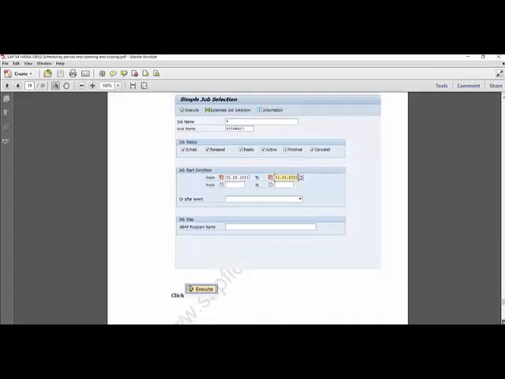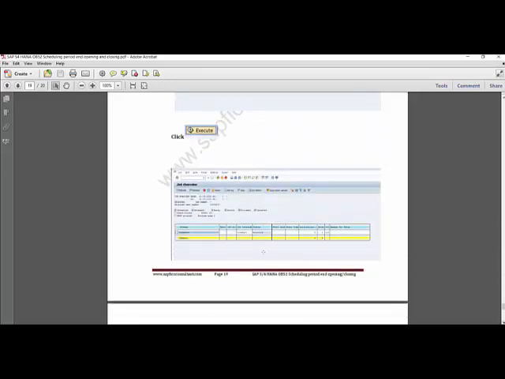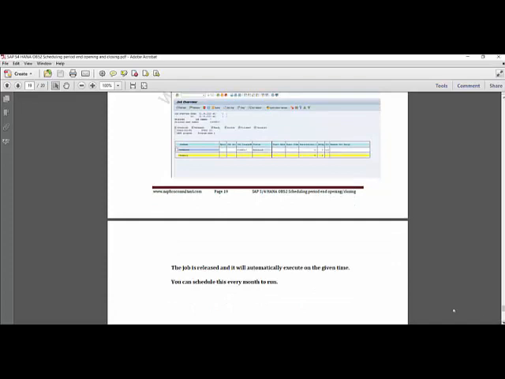You will see that the job we scheduled is now released, so it is in the release status. It will be automatically executed on the given date and time.